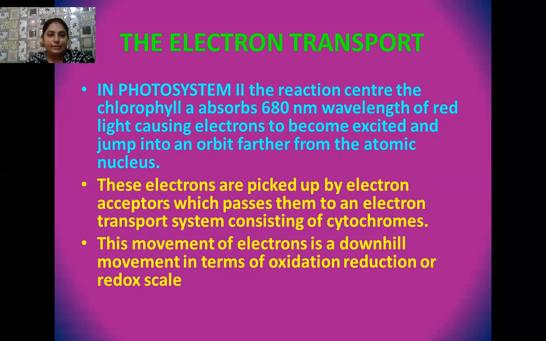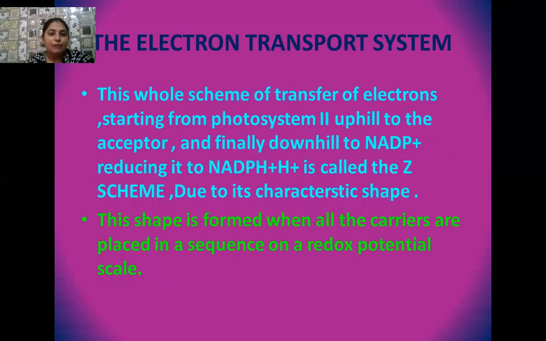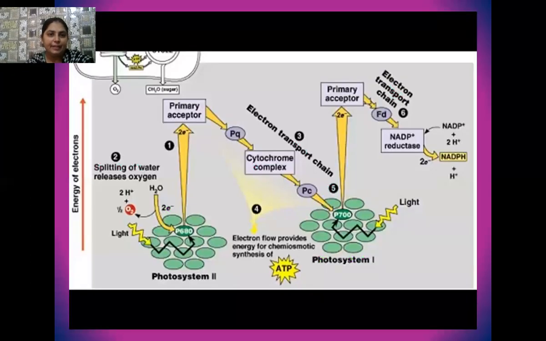So these electrons later move towards various types of primary acceptors, which are actually the carriers of these electrons. They receive these electrons. These are primary acceptors. So here you can see from this diagram very well. See, this is the photosystem P680, and the electrons are present. And these electrons actually come from the reaction of splitting of water.